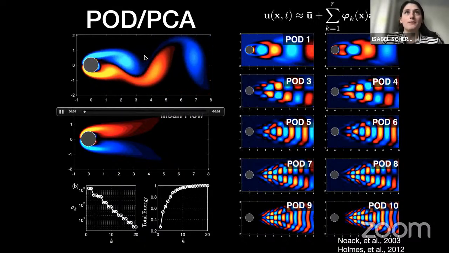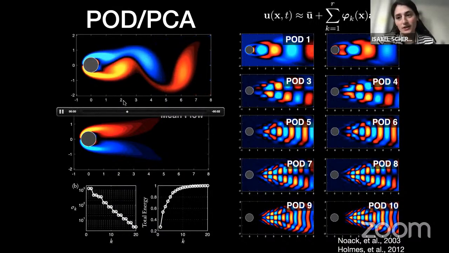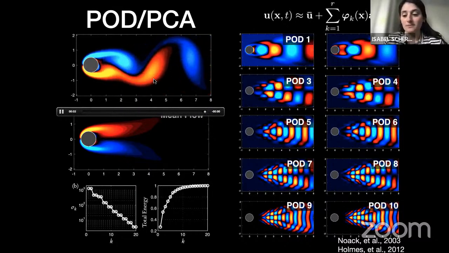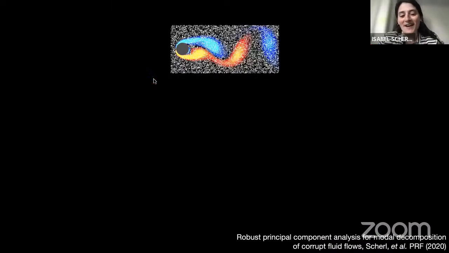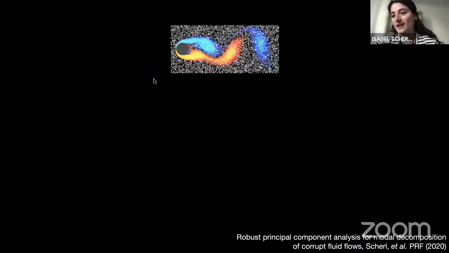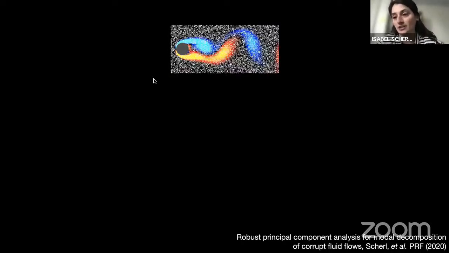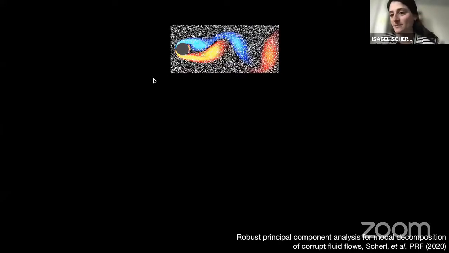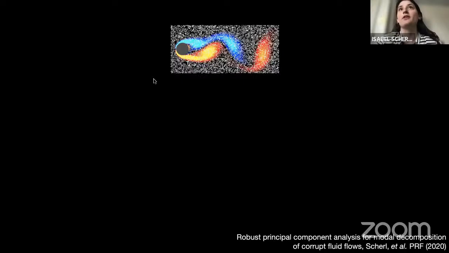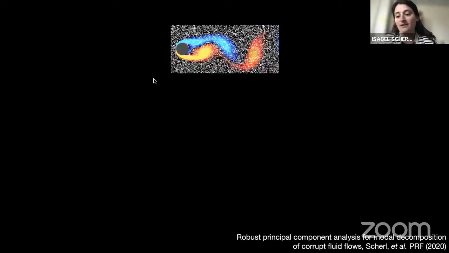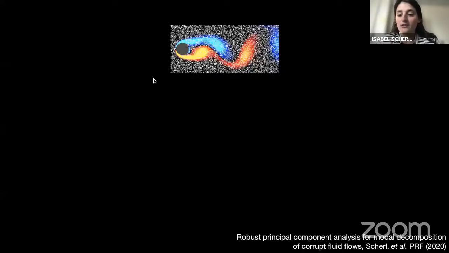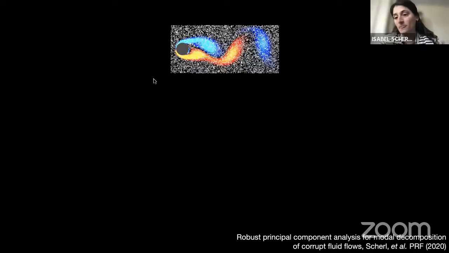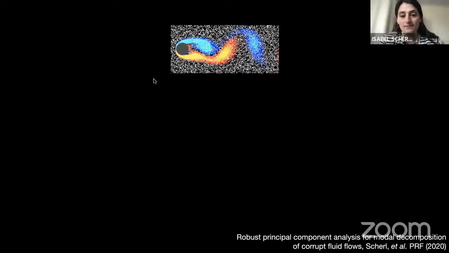This is all well and good, but a lot of our flow fields, especially when we're looking at actual experimental data, don't look like this beautiful, clean flow field. Maybe they look like this. This is sort of that original data matrix that we have when we're actually looking at measured fields. Of course, this is a simulation with added noise. This is a simulation where individual pixels have been selected and changed to be very large or small. This is called salt and pepper noise, and it's somewhat representative of a lot of the noise that we see in our experimental data.